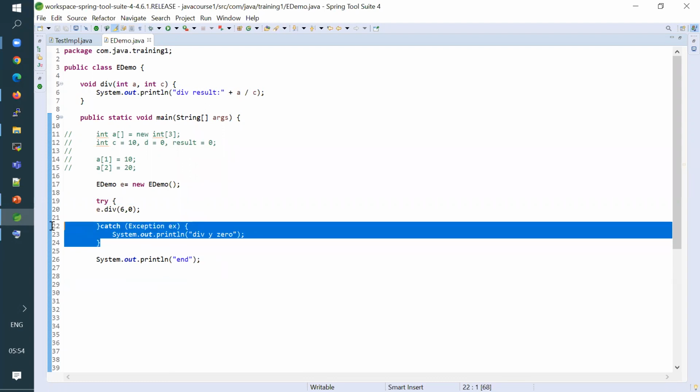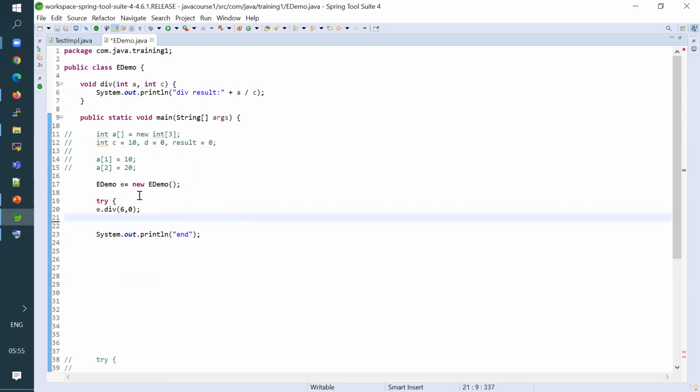But let's assume you didn't realize that your method is throwing exception, then it's a problem, right? If you're unsure, you would never put the call to the method in a try catch. If you're sure, you'll put it, right? Yes or no? So how can we ensure that whoever is calling a certain method is aware that the particular method may possibly throw some exception? How can we ensure that? We can ensure that by using this throws keyword.